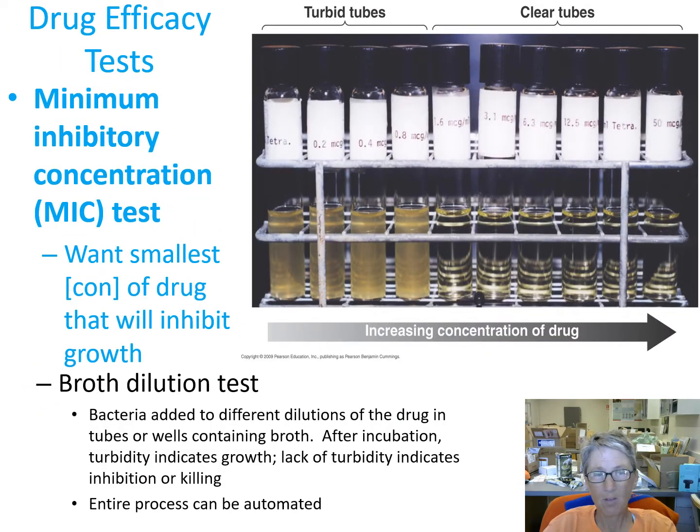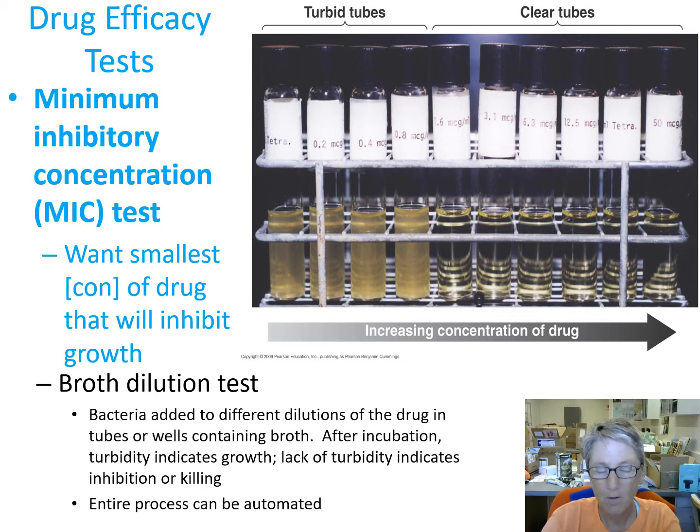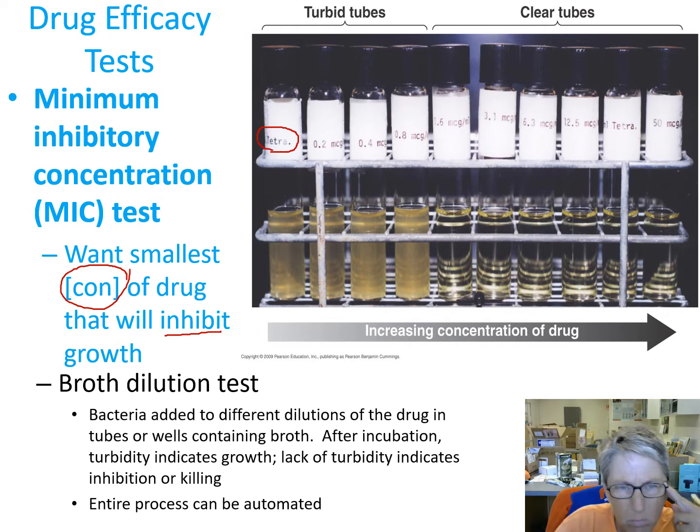More drug efficacy tests. This is called the MIC, or minimum inhibitory concentration test. And when you do this test, what you're trying to find is the smallest concentration of the drug that will inhibit growth. So let's say the drug costs $100 to make. You want the smallest concentration of that drug that will kill the microbe effectively. So let's look at the photograph. So it looks like it's called the drug Tetra. Yes, and so here's the